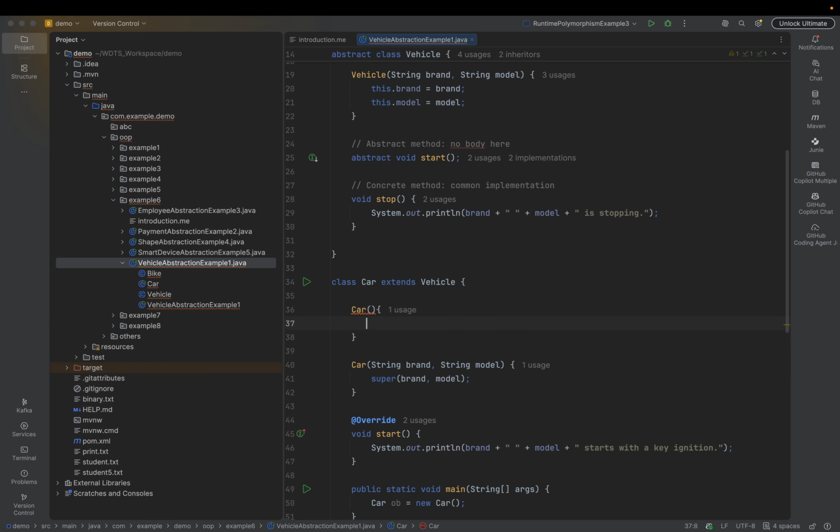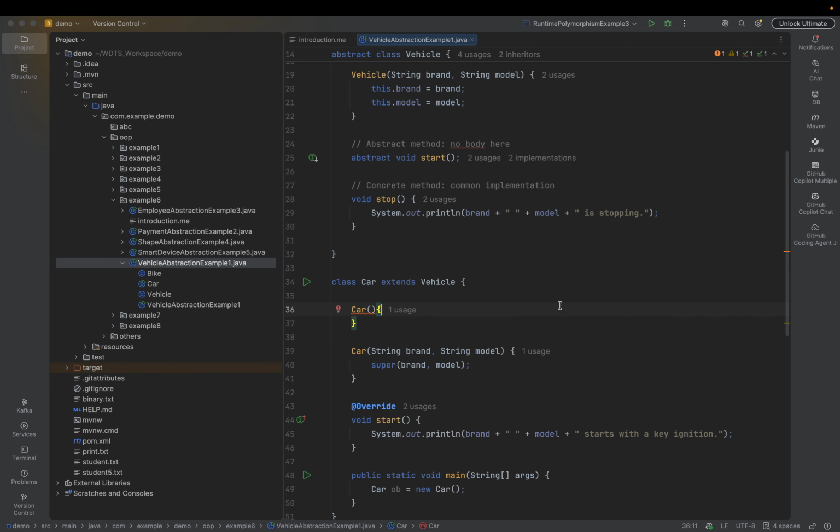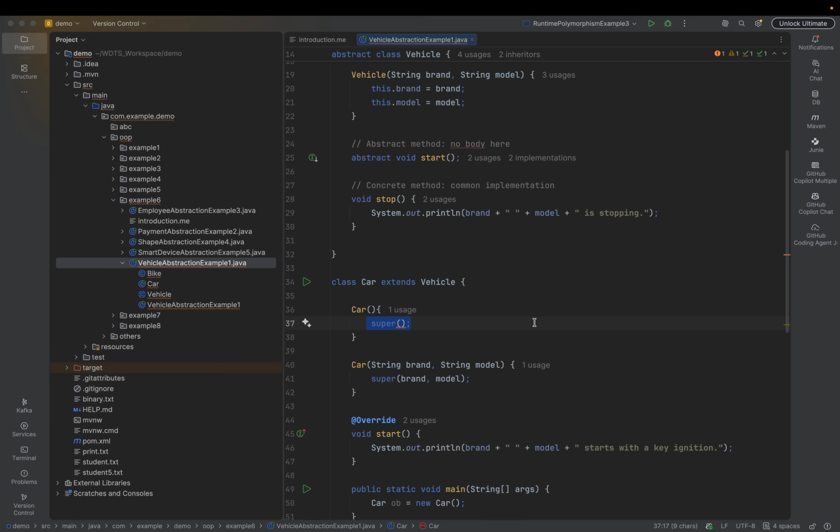Even if you don't mention it, it will have the super keyword implicitly, you don't need to declare it. Under the hood, the JVM uses the super keyword